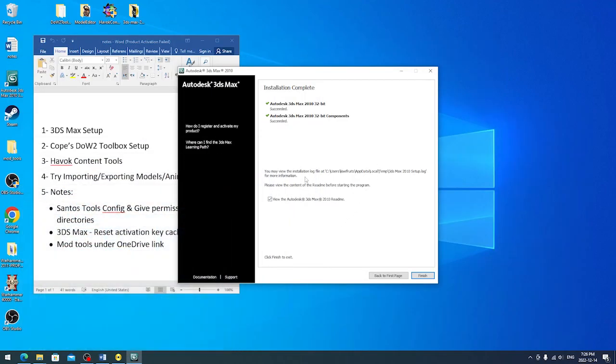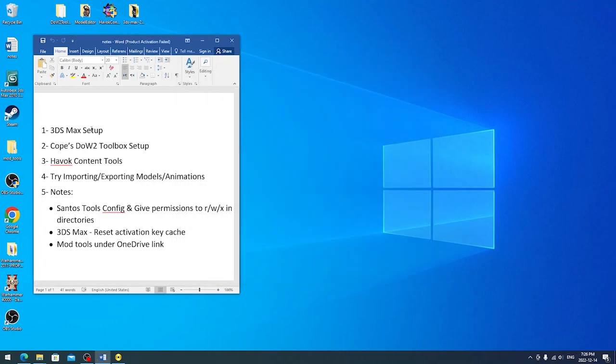Alright folks, I'm back. So this is the next step of the installation. I don't want to view the readme, so I'll just go ahead and finish. Right, so that's 3ds Max setup done. Let's try to actually put this as the second step. I'm just gonna sidestep it and go with